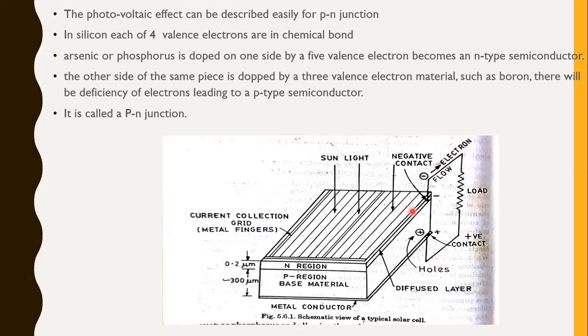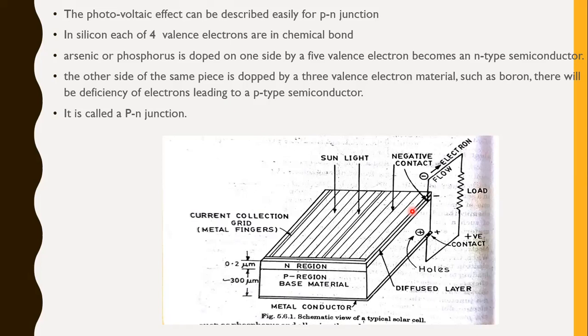So this is the basics of photovoltaic conversion. This is the conversion of solar energy directly into electrical energy without converting it into other energies. This is the direct process where solar energy is converted into electrical energy. The combination of n-type and p-type semiconductors constitutes a photovoltaic cell or solar cell. Both must be present.